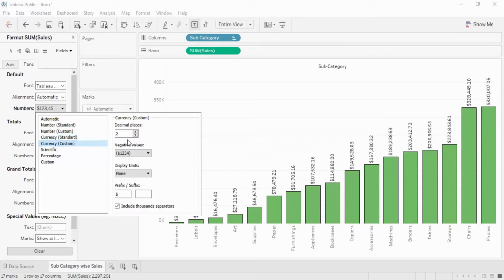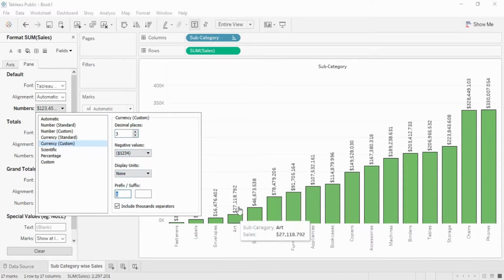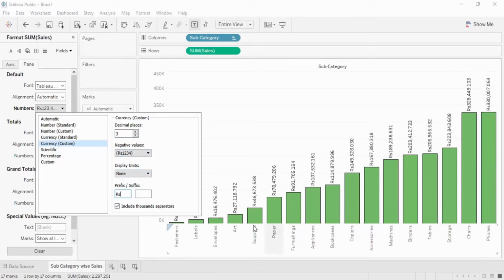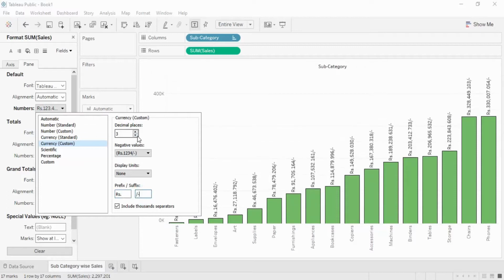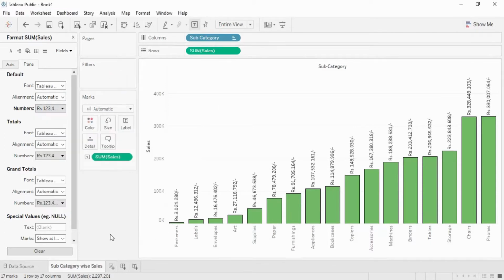However, if you want a custom currency, you can select that, like I want it to 3 decimal places. I don't want any negative values, and instead of dollar I can get the RS symbol for rupees. Put a dot. If you want a suffix, you can add a suffix like this. So all of this you can do as per your choice. These are the different things available that you can select. Now these formatting options need to be looked at in detail, because there are a lot of things that could be resolved while working with these formatting options alone. So we would be looking at all of them in detail in the upcoming videos.